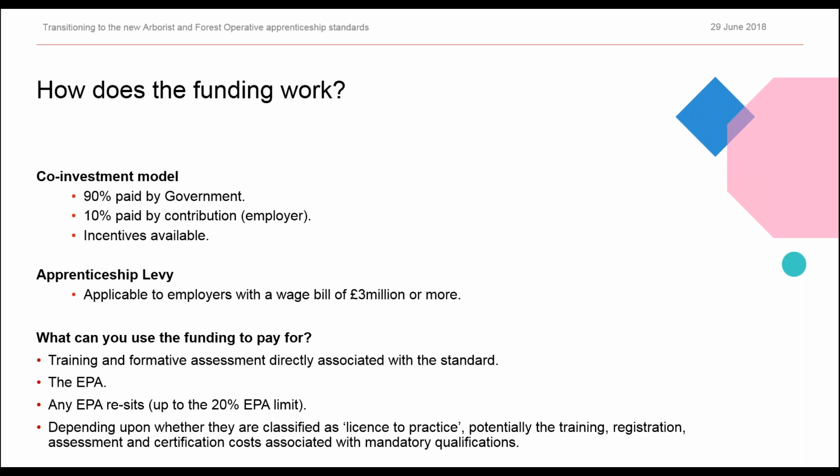Now, what can you use the funding, either from the co-investment model or the apprenticeship levy, to pay for? You can use it to pay for training and formative assessment directly associated with the standard. You can use it to pay for the EPA. You can also use it to pay for any EPA resets, retakes, up to the 20% EPA limit. And depending on whether they're classified as licensed to practice, potentially the training, registration, assessment and certification costs associated with